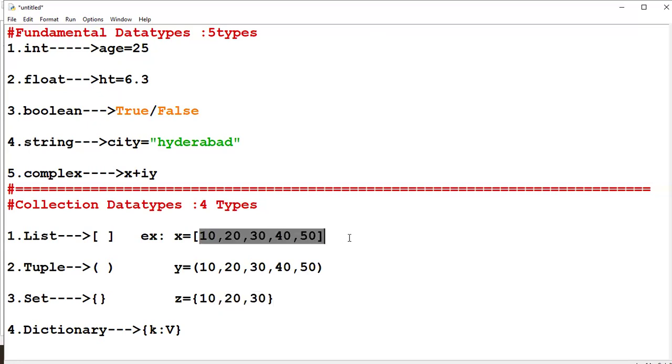List means you can add and you can remove elements from it. You can modify, you can add, you can remove. But in the tuple, you cannot do those things. You cannot add, you cannot remove, you cannot modify. It's just like a constant. A set is for mathematical operations. Dictionary is like a key value notation, like a name,